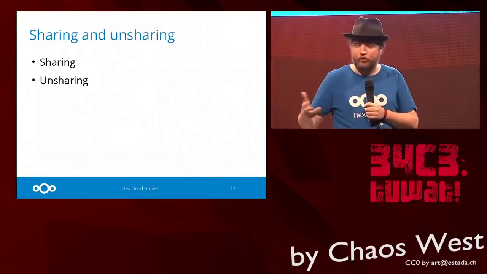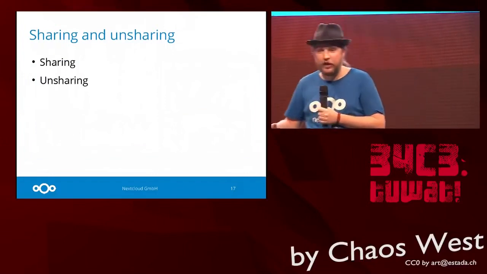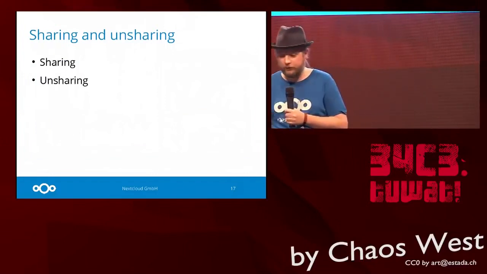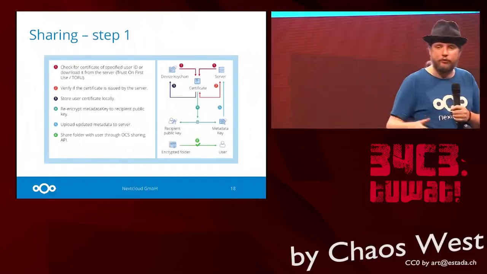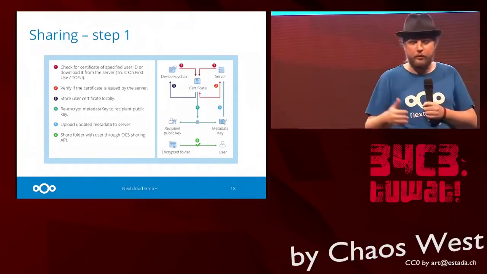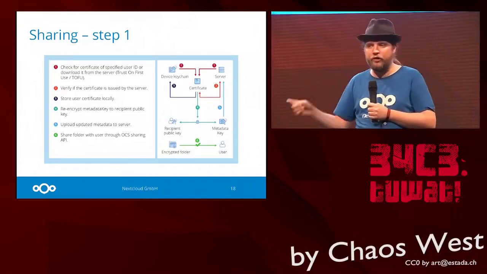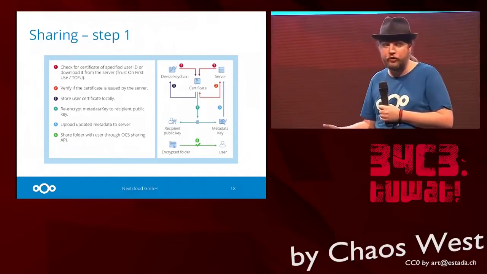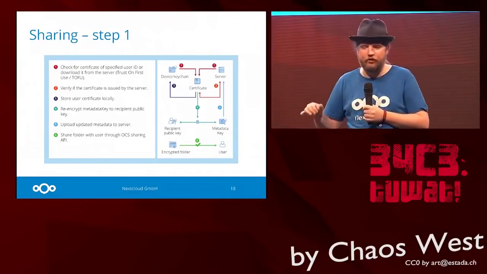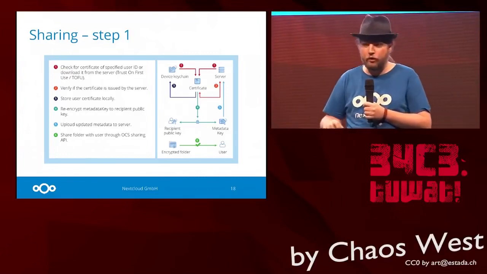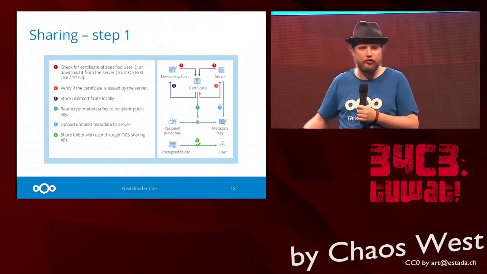So that's step 2. We now can get files from one device to the next. Next step, sharing with other people and unsharing. This is also the last step. So to share with somebody, you download their public key from the server, you verify their identity using the certificate, and again, trust on first use, you store the certificate and their public key locally on the device. So if it changes, somebody tries to impersonate them, you will refuse that and you will not share files with somebody who isn't the person that you initially shared with.